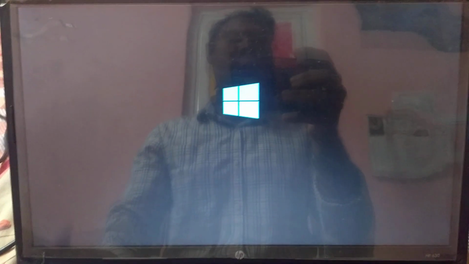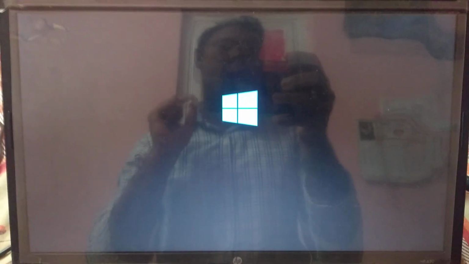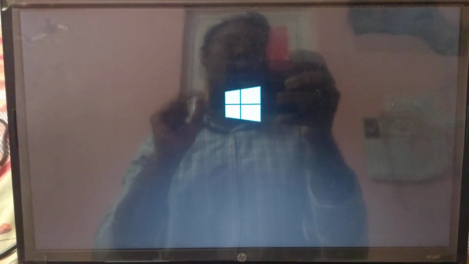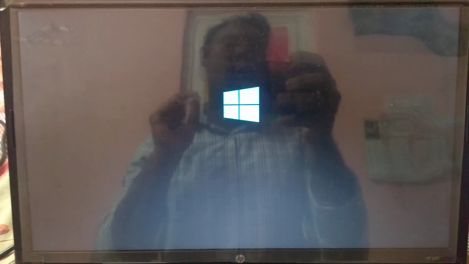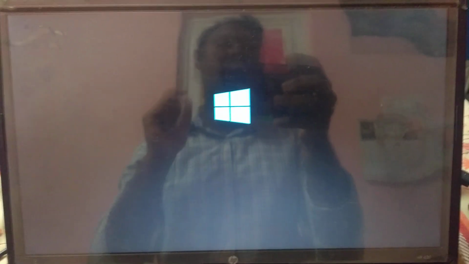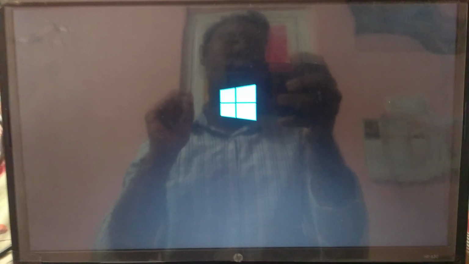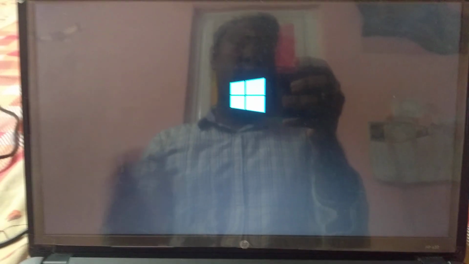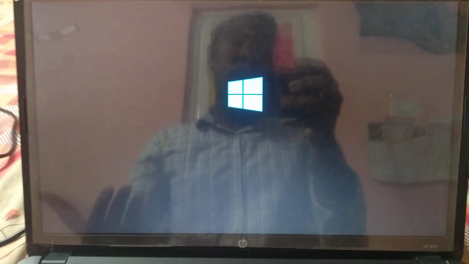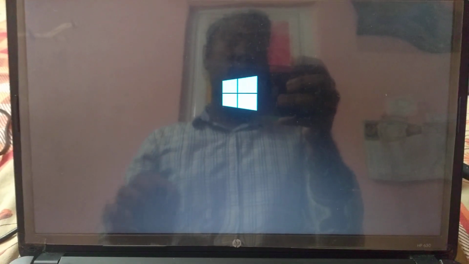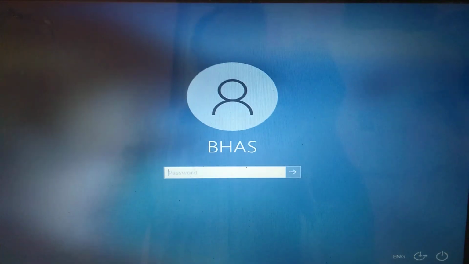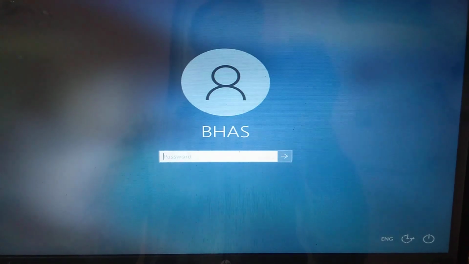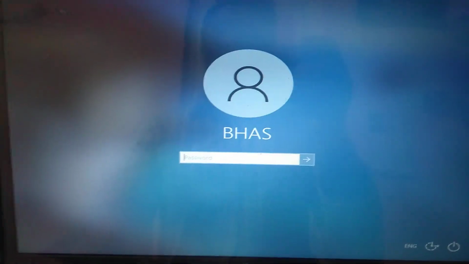So this is the major thing, friend. Going into safe mode will help you to identify or debug the actual root cause of the issue. Startup settings helped me a lot. I am pausing this video to save time. Once you enable safe mode, again it will prompt for your login.